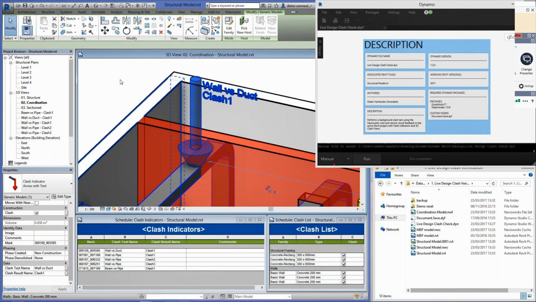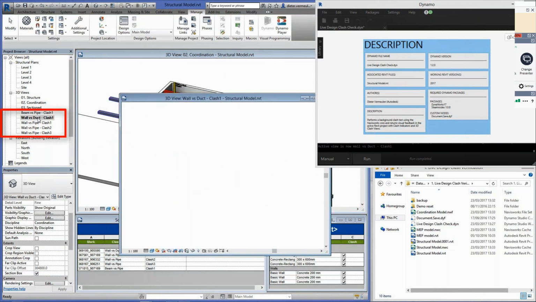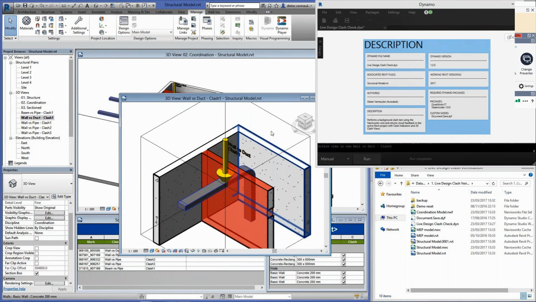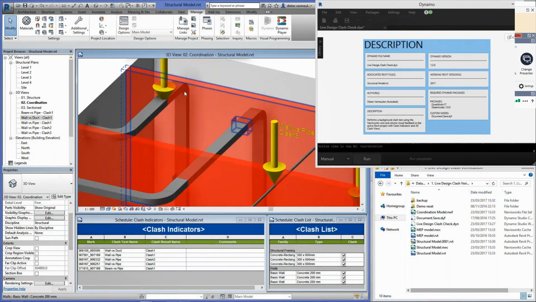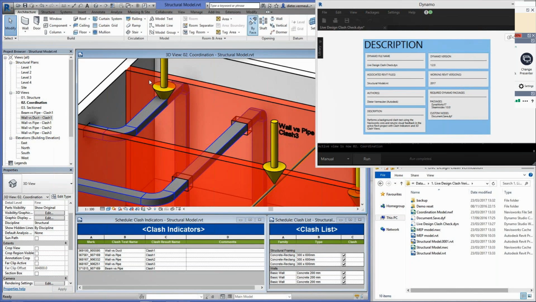Now, there are a couple of methods of resolving this. One method would be directly making the change within the Revit file itself, where maybe I can add an opening within my wall to resolve that duct and wall clash. So we can just quickly go and add a wall opening, and it addresses that. And what you'll see is once I rerun the script, that clash automatically goes away. That arrow family automatically goes away.